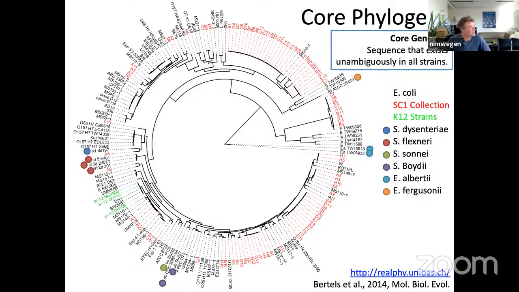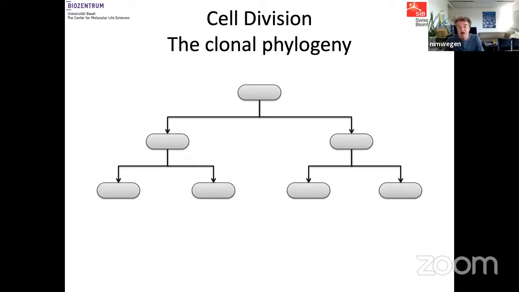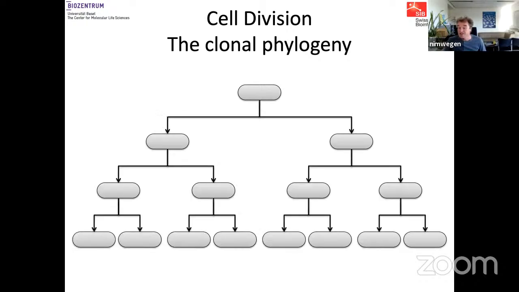All right, so we got this phylogeny, and because we wanted to model the evolution of the phenotypes we were measuring, the first question is what does this phylogeny actually represent? How should we think about the relationships that this phylogeny shows? And of course, as all of you know, one of the amazing things about biology is that every cell today on Earth is the result of a cell division, which is the result of a cell division, and so on. So these cells that we sequenced are somehow related to each other in some cell division tree. And I call this cell division tree the clonal phylogeny.